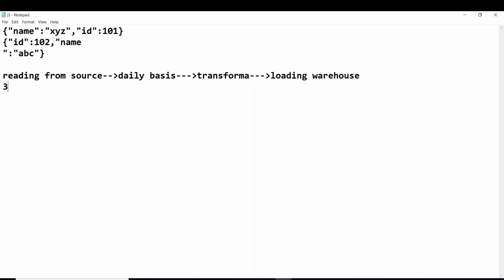Suppose on the 30th, some data, let's say data 1, is written into the warehouse, and tomorrow, the 31st, we get some data, and that can be called data 2. So how can we update the data? And after that, I will have the next day's data, so that will be data 3. So now this data must be written into the warehouse. So, everyday updation into the warehouse.